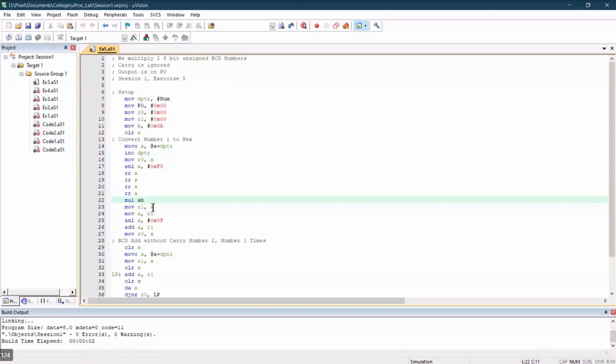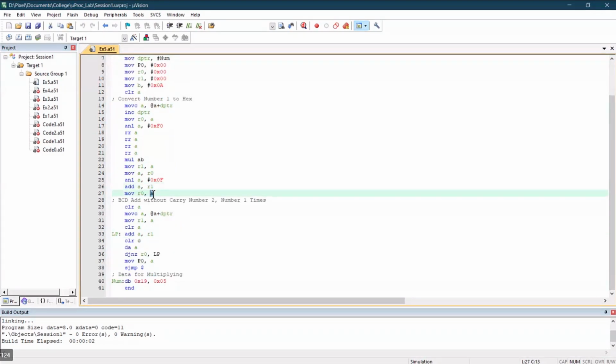So that's why we have to move the other one, basically storing the current value. Then we load the same initial value saved previously in R0 back into the accumulator and now take the least significant 4 bits and add them. We don't have to multiply with 1, so simply add them. And we have converted our BCD number to a hex number.